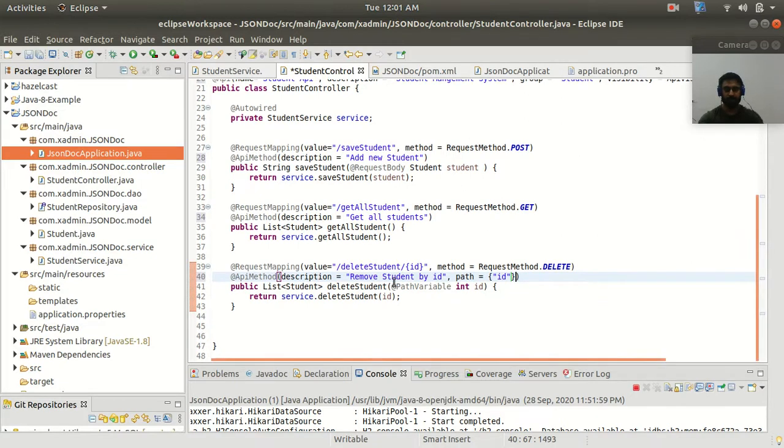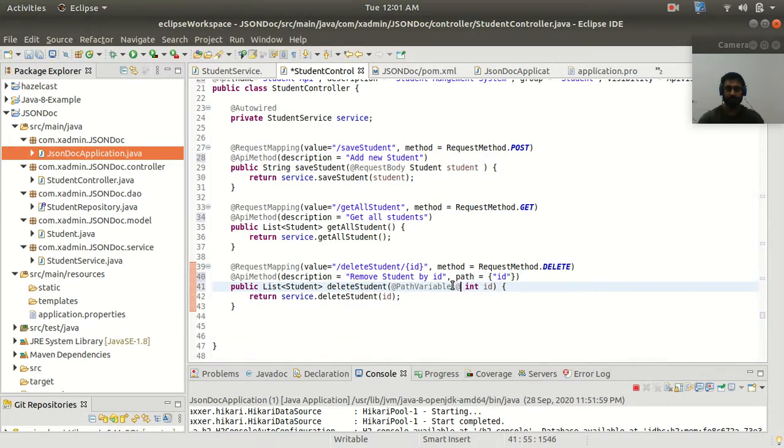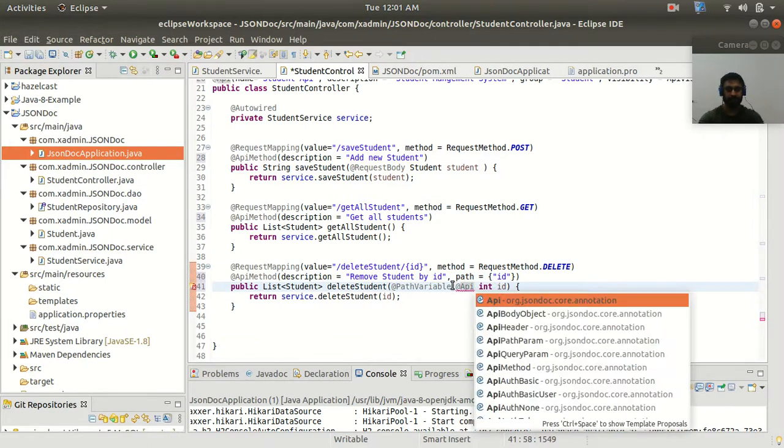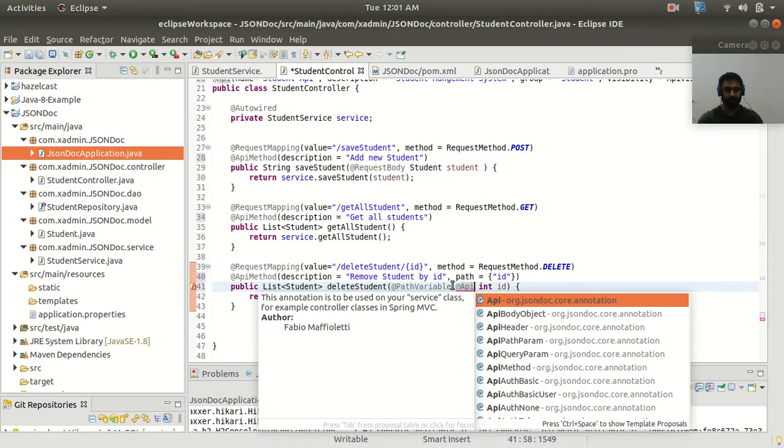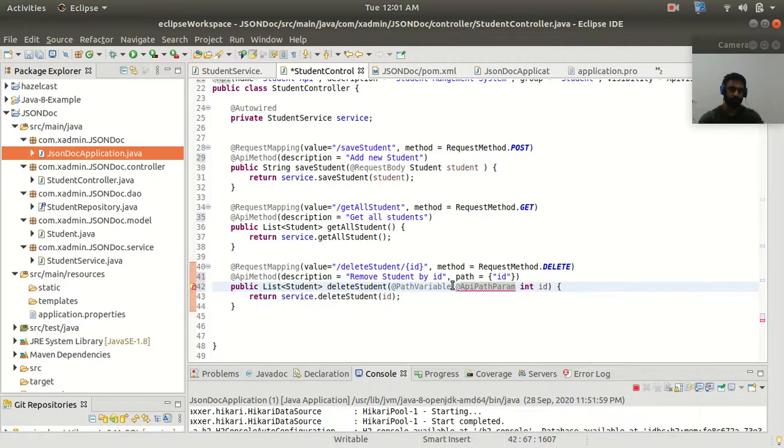For this we also need to add one annotation for the ID. We have the API path param annotation. Yes, we got it, API path param. Here we need to put the argument as description, and you can provide a description like "student ID". Also you can provide a name if you want.